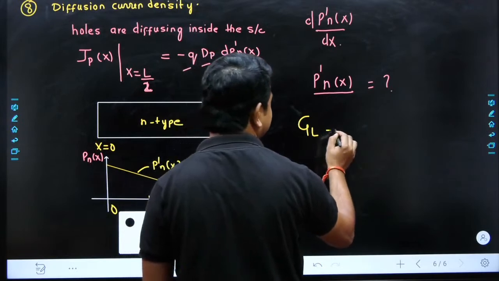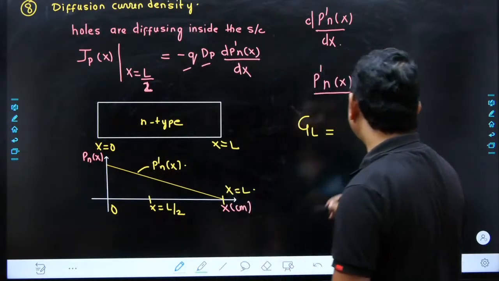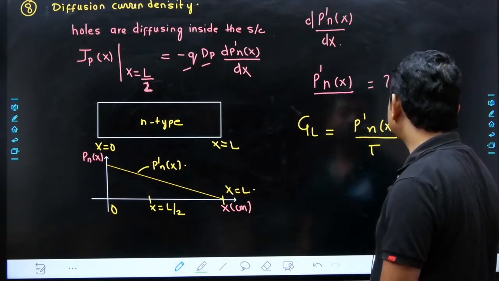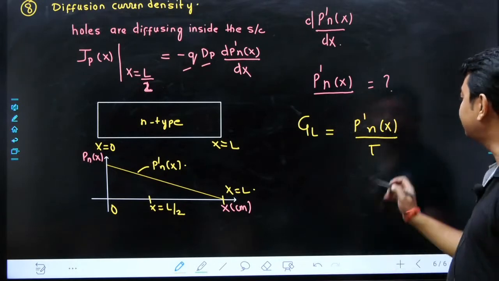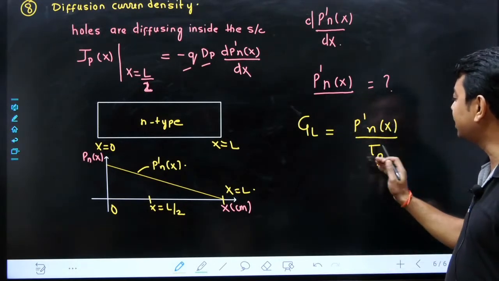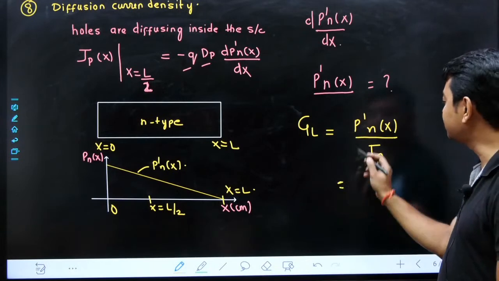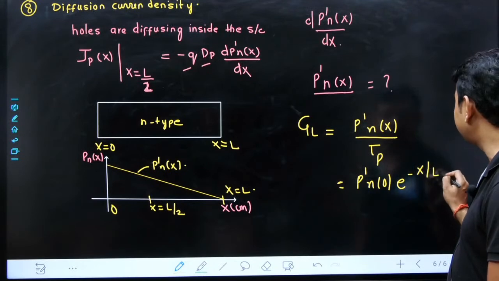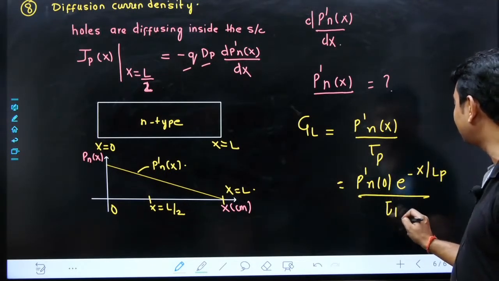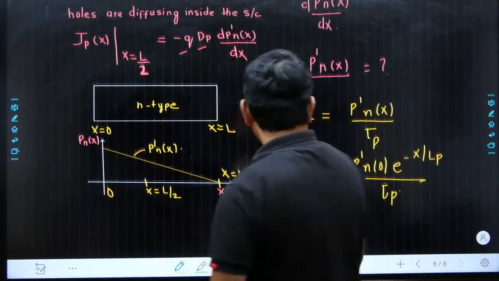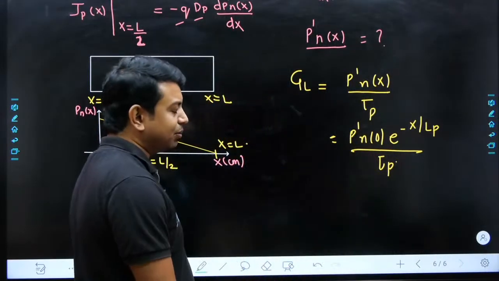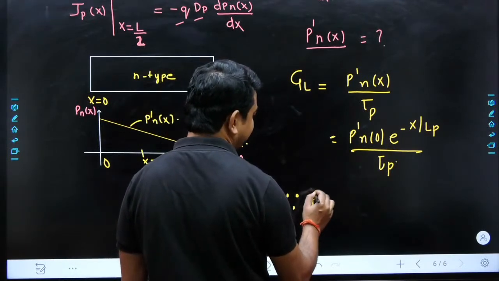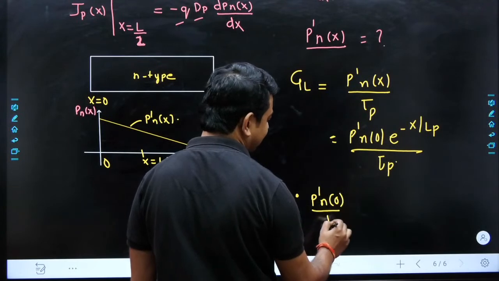So optical generation can be given by GL, and this is given by p'n(x) divided by tau p. We know this formula. This is the excess carrier concentration, and this is tau p, and this p'n(x) can be written as p'n(0) into e raised to minus x divided by Lp. One more thing: what is this p'n(0) divided by tau p? This is nothing but this, since we know that p'n(0) divided by tau p